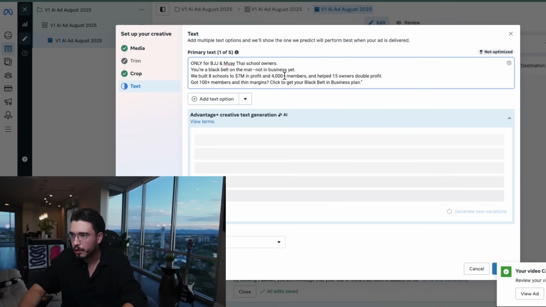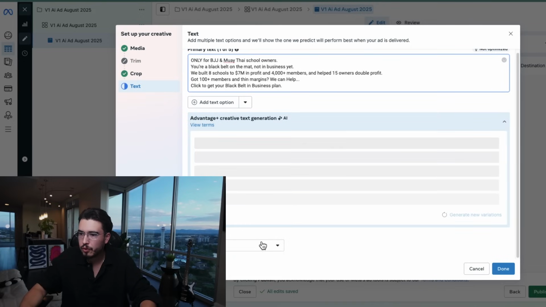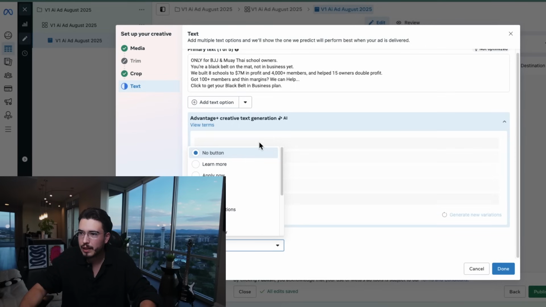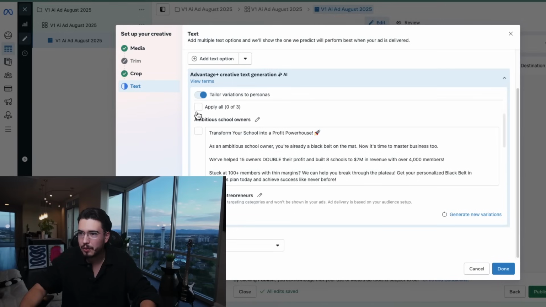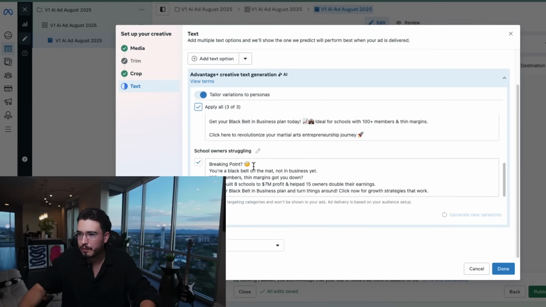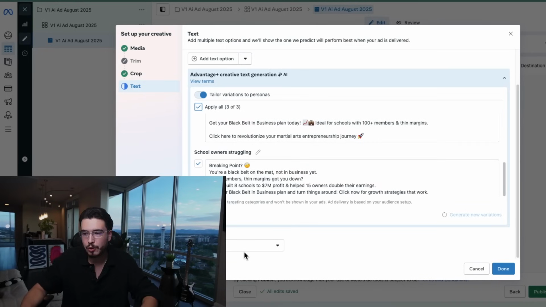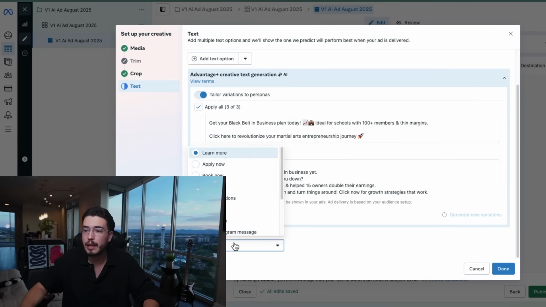We're going to delete the part about being a black belt, not in business, which is so AI. And we're also going to let Facebook Advantage Plus Creative AI do its thing. We're going to let it give us some examples and test examples for us. I do like to throw this in there just to see if they could actually get better clicks.